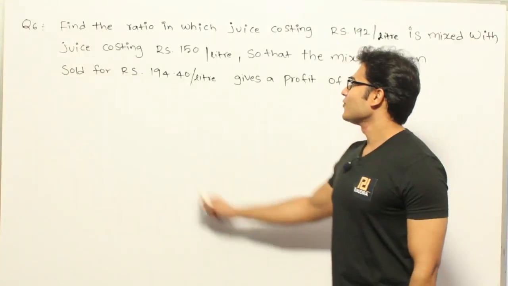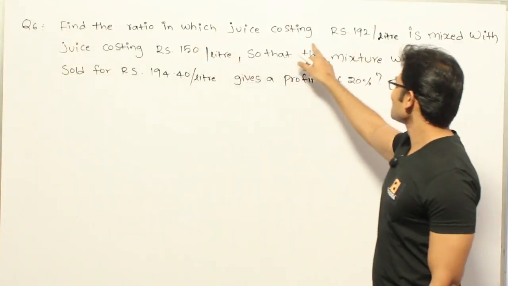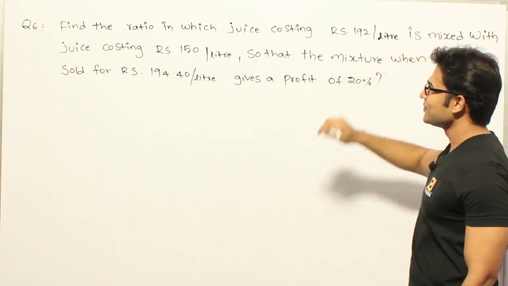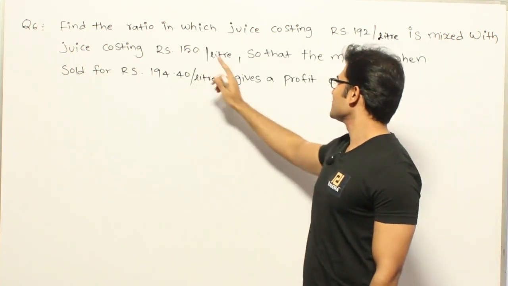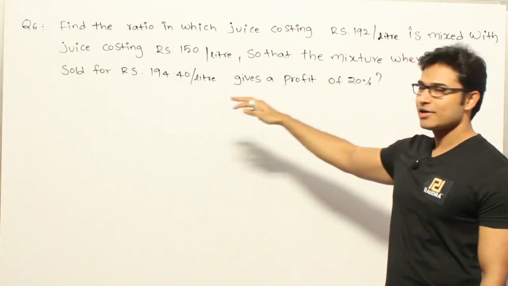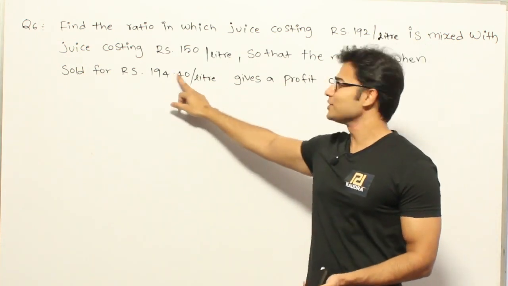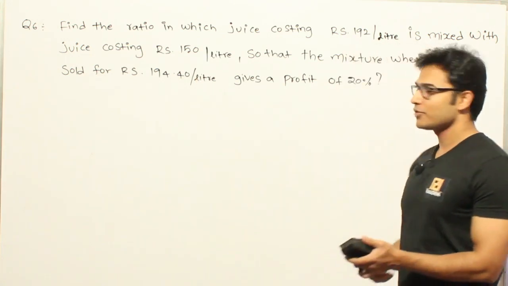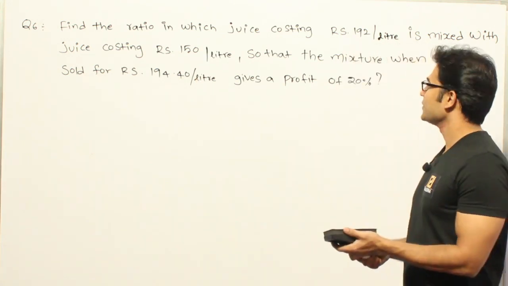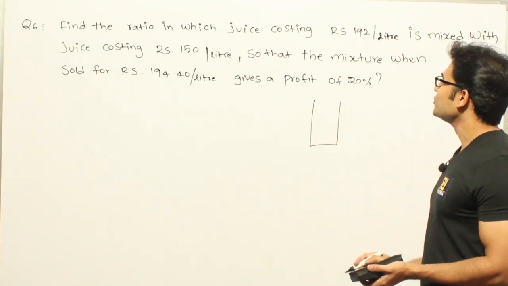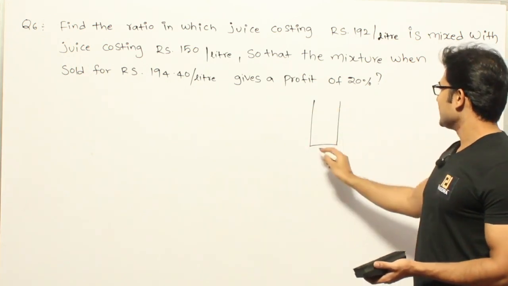Now let's see this. Find the ratio in which juice costing 192 rupees per liter is mixed with juice costing 150 rupees per liter, so that the mixture when sold for 194.4 rupees per liter gives a profit of 20%. So what they are trying to say here is, one is they are having one juice and its cost